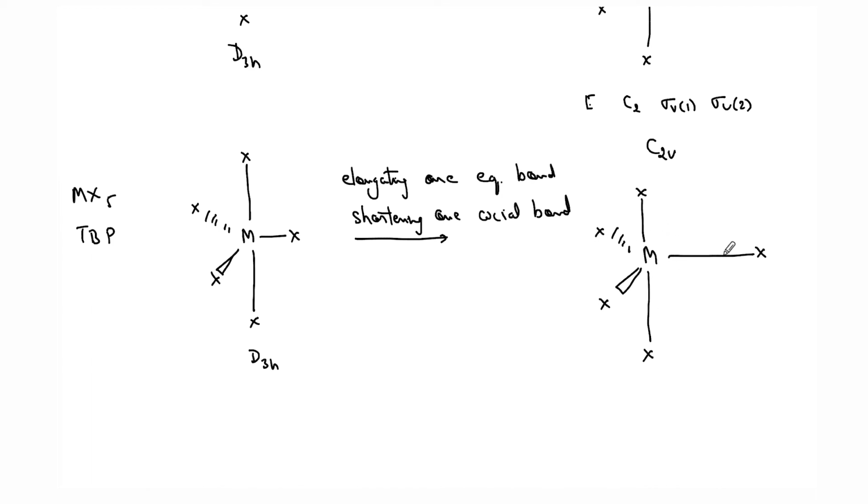There is no sigma in the plane of the board, but there is one sigma which will contain the two axial and one equatorial and this M atom, right? So these two will be reflected. So we have E and we have sigma. Any other symmetry element? We don't have any other symmetry element. No C3 axis here because these three will not be rotated. So the point group now is Cs point group, E and sigma, that is all, right? So that is also easy.